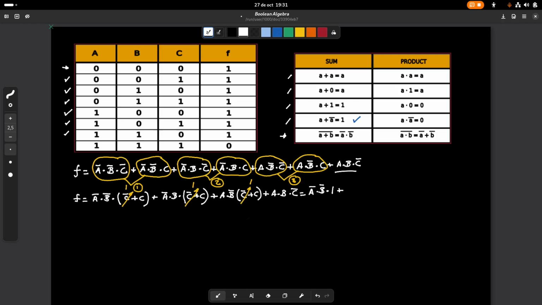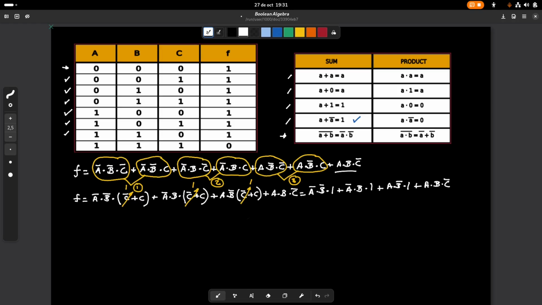or A negated and B and 1, or A and B negated and 1, or A and B and C negated. Okay,